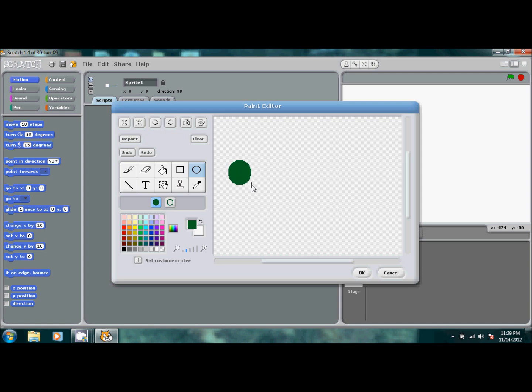Basically just go through the same steps that you used to create the guy, except I'm going to have both his arms out, almost like he's trying to grab a hold of the guy.